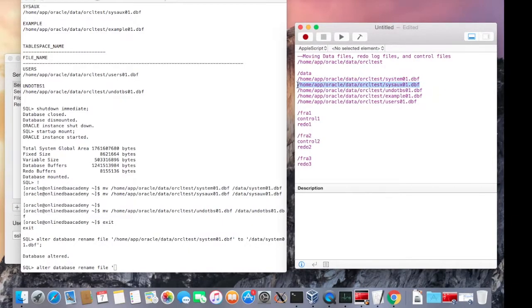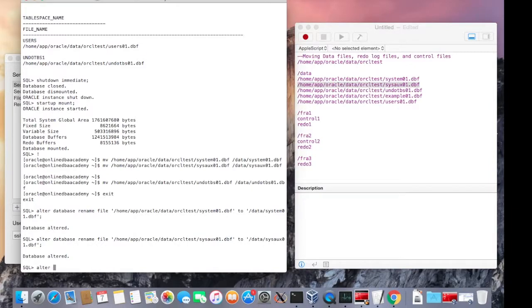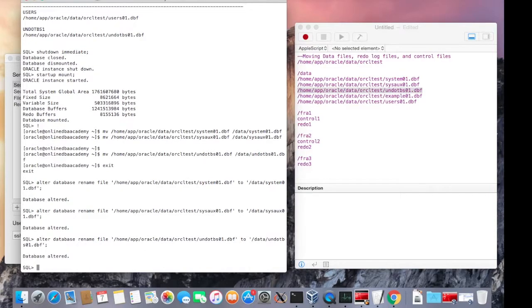Next we'll do the sysaux. Okay, last but not least, the undo table space. Okay,